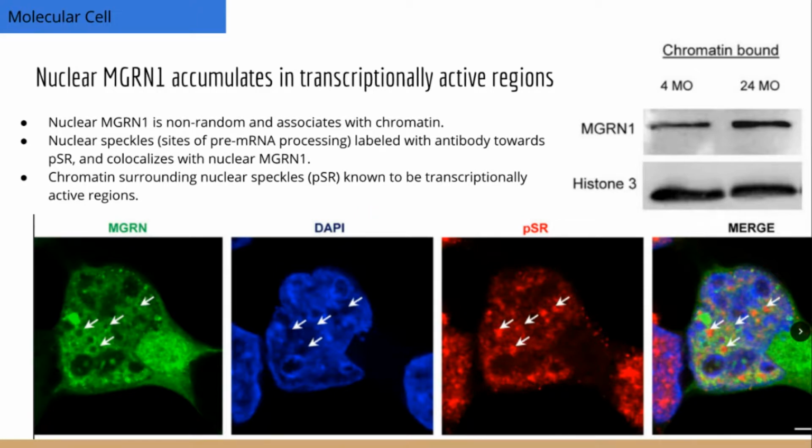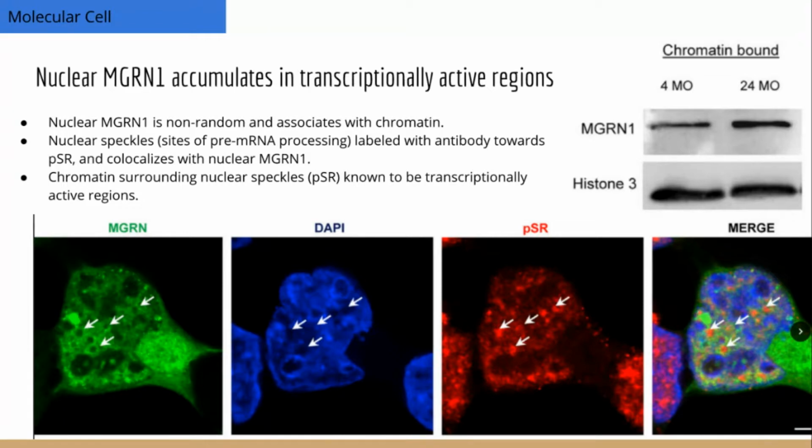Now that the nuclear translocation following proteasome inhibition and monoubiquitination has been established, what importance does this process have? So does it actually matter that MGRN1 is entering the nucleus? To examine the nuclear location of MGRN1, the authors first conducted an immunogold electron microscopy experiment, which is not shown here, but what they observed was a non-random localization of MGRN1 in primarily euchromatic areas, so areas of active transcription.